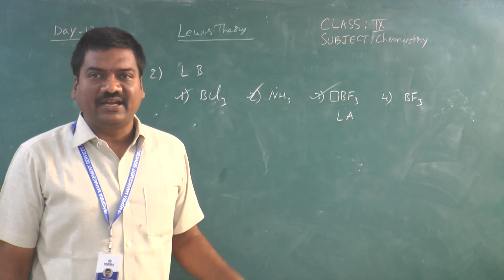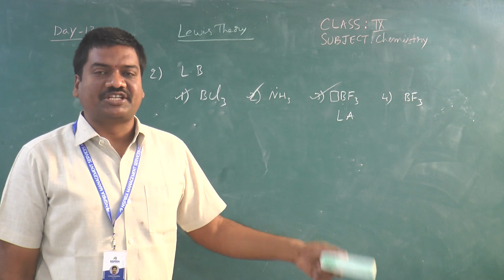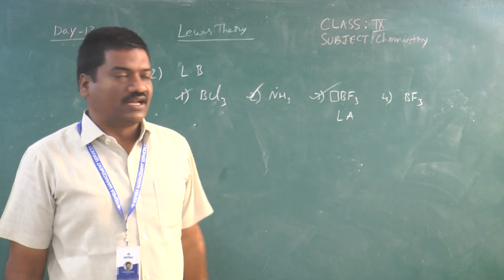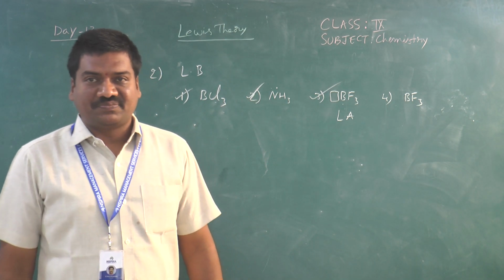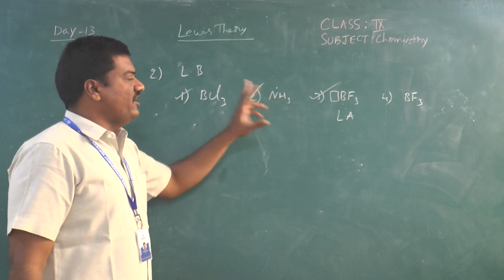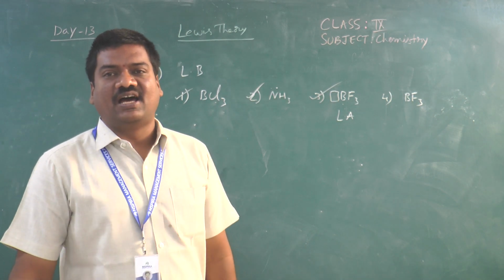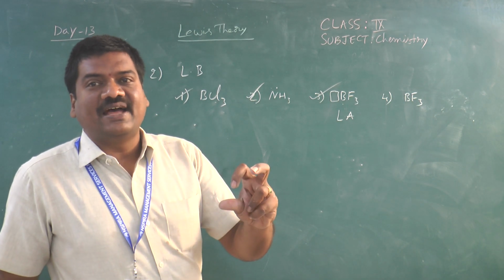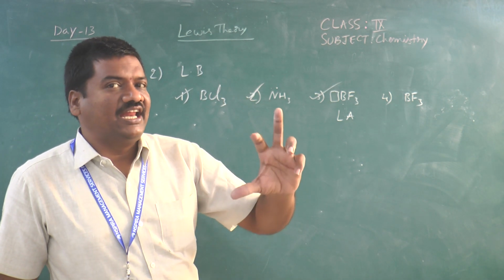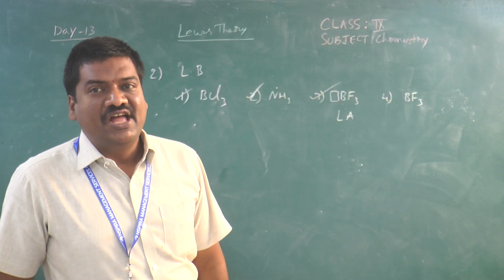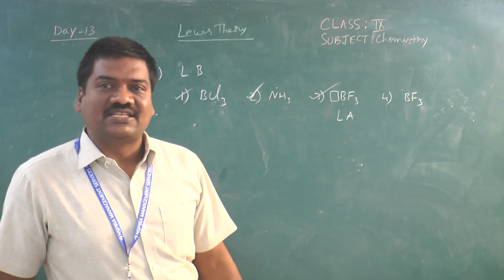In the ammonia molecule, nitrogen has a lone pair of electrons, it has octet stability, and it can donate a pair of electrons. If it is donating a pair of electrons, it will act as a Lewis base. Okay. Now here, not only if the atom has a lone pair of electrons, but if the element has a negative charge also, it will act as a Lewis base. Generally anions act as Lewis bases and cations act as Lewis acids here.